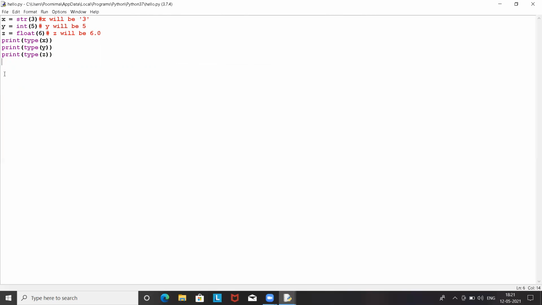Okay. And for denoting a string, you need not use only single quotes, but you can also use double quotes to define a string. Like if I want to declare a variable having the value hello with just single quotes, it is also defined as a string in Python language. So if we use double quotes or single quotes, it means the same in Python, which is a string. Now let me take another variable, I have already taken, let me take it as a. And now if I print